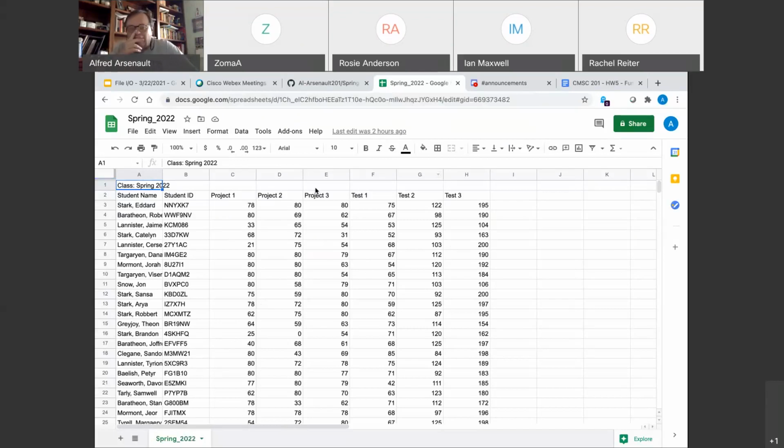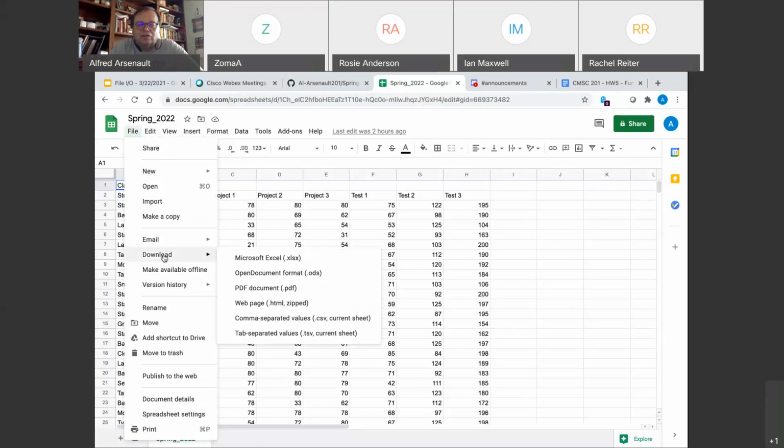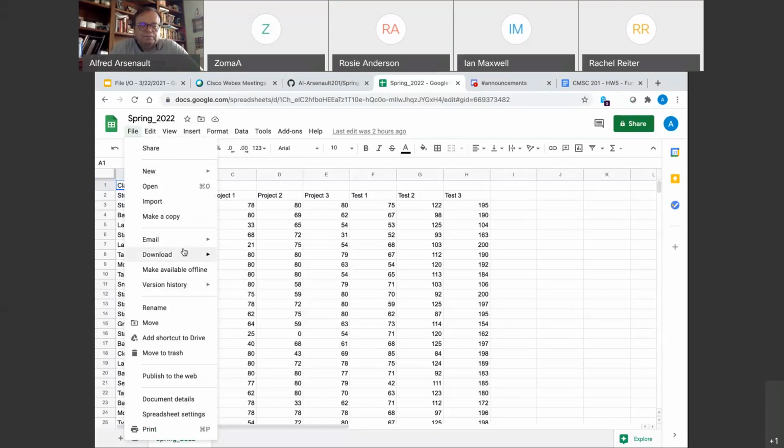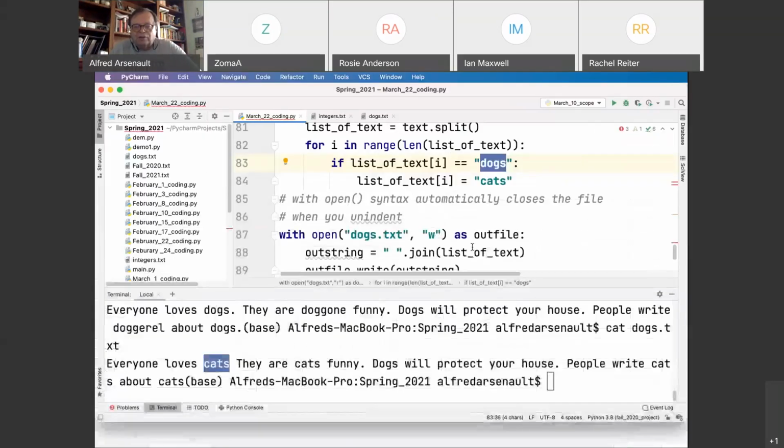The thing about it is this is a Google Sheet. Now, this could be a Google Sheet. This could be Apple's Numbers. This could be Microsoft Excel, anything you want. What you do is you export this as a CSV. In Google Sheets, you pick download. In Numbers, it's export. In Microsoft Excel, it's save as. You say, I want a comma-separated value, CSV, and it saves in a particular format, which if we go back to